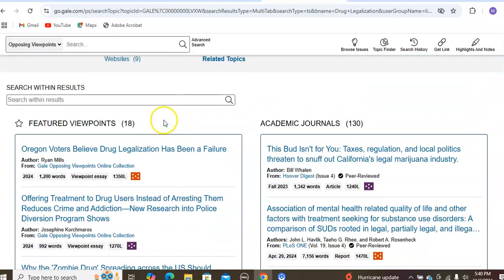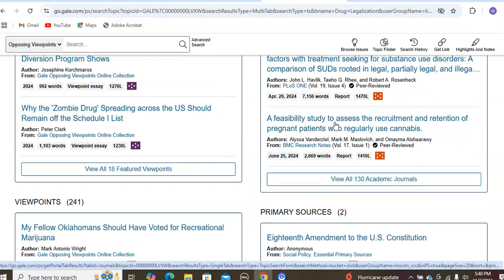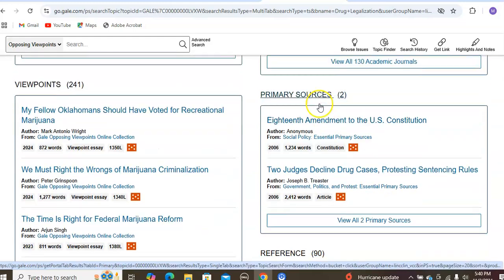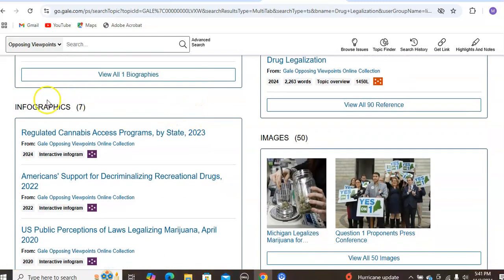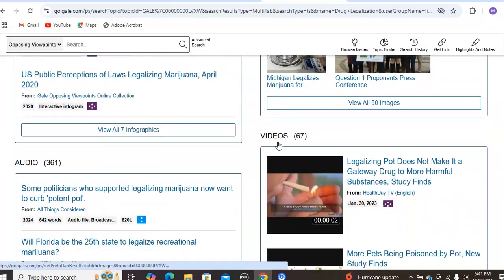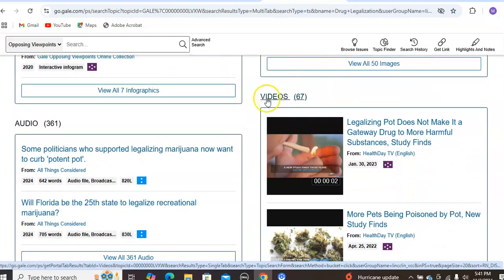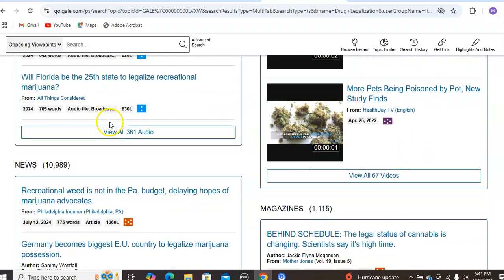In addition to those, we have 130 academic journal articles. We have 2 primary sources, 90 reference sources. These are things like encyclopedia articles, a biography, infographics. They're images that you can use for your paper, videos that you can use, audio you can use,